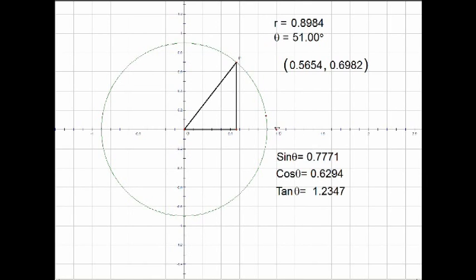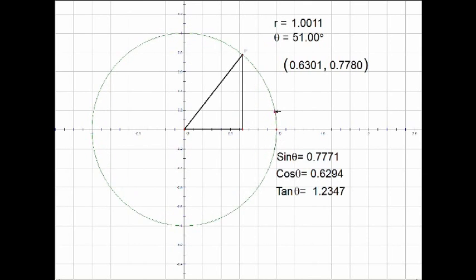This might be a little more clear if we use the unit circle. What I hear about a lot is the unit circle. Why do we use the unit circle? That's a circle whose radius is 1. So if I try to change the radius of the circle here, to get it just right, that's pretty close. You can see that the y coordinate and the sine of the angle pretty nearly match. If the radius is exactly 1, and sine is the ratio of this side to this side, then really the sine of the angle is going to be this length divided by 1. That's why these two numbers match